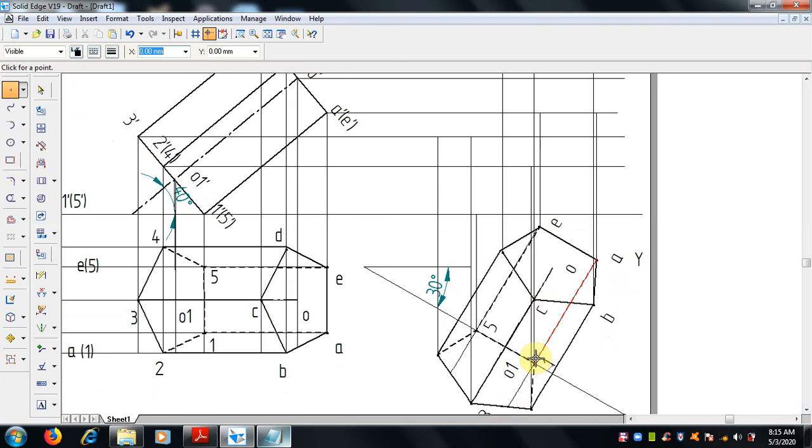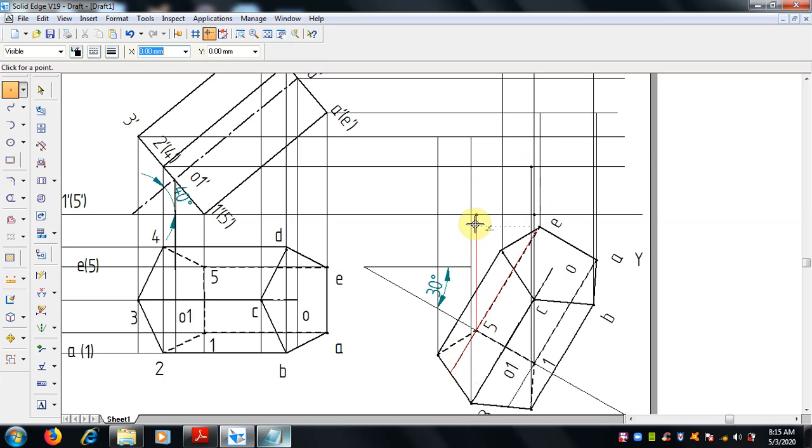Where 1 is coming here, this is the intersection where 1 lies. 2. 3 will end up here.